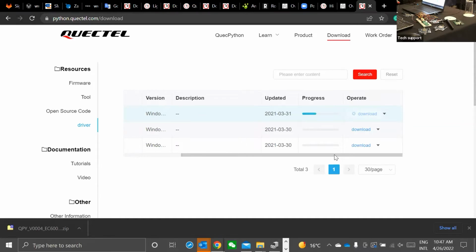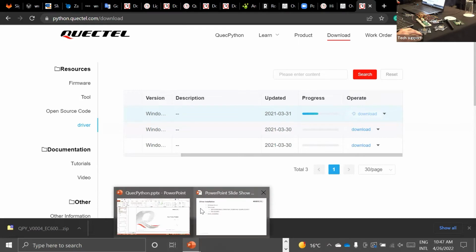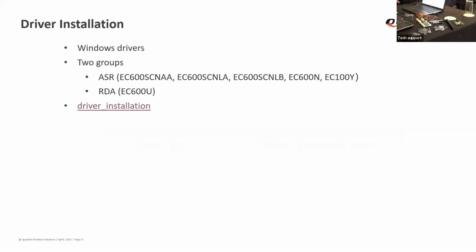No, Qcom will not work with this. I could explain. Maybe I could fast forward to the slide for QpyCOM because you need it to flash.